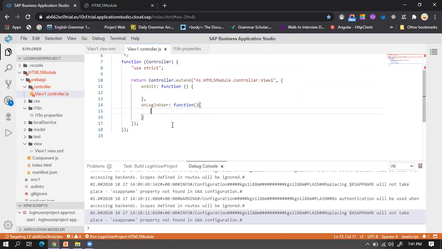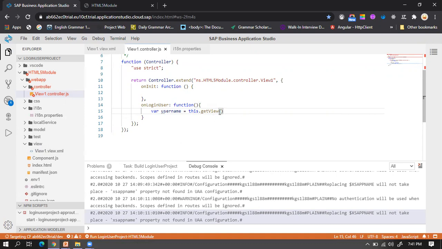Now I want to get the username and the password. For that, I'll declare one variable, username equal to this, which is nothing but the current view1's instance, and I want that instance to get the view. Why are we taking getView? Because we want to get the IDs from the view.